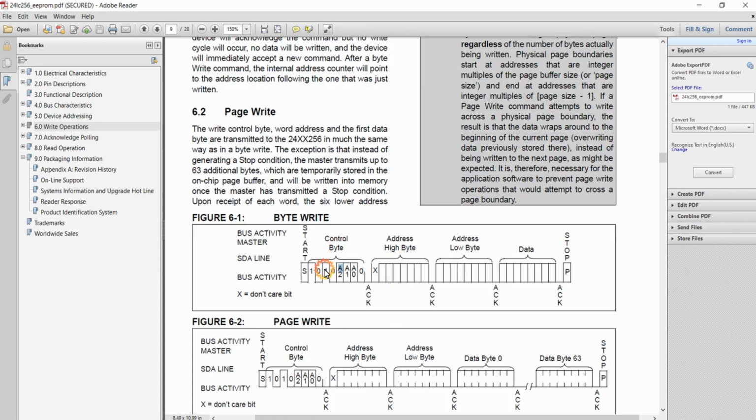So up to this step, the function call is completed, and after that we are receiving an acknowledgement, and then we are passing the higher byte of the address, then we are receiving an acknowledgement, and then we are passing the lower byte of the address, and then we are receiving an acknowledgement, and then after that we are passing the data that needs to be stored.